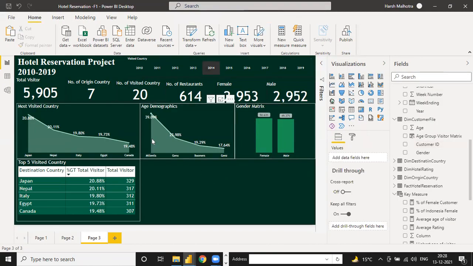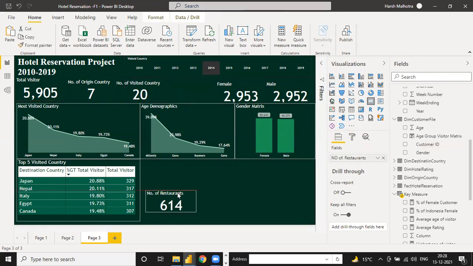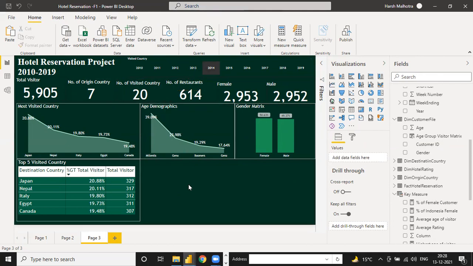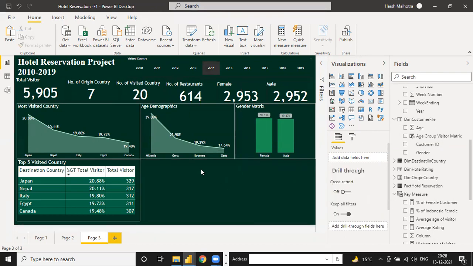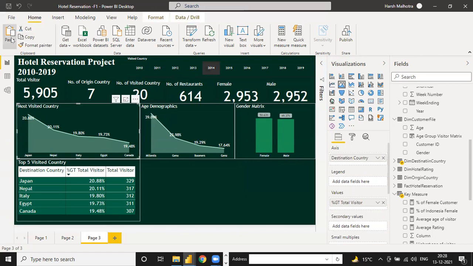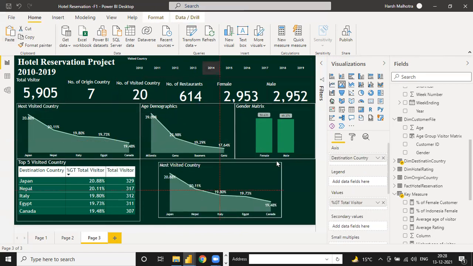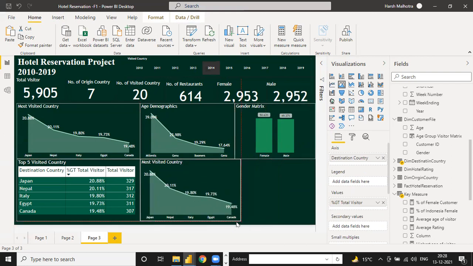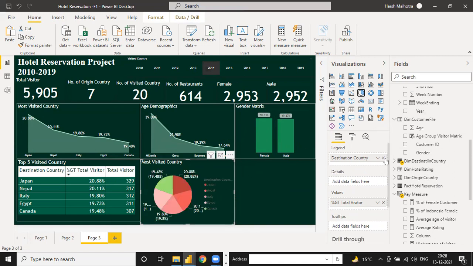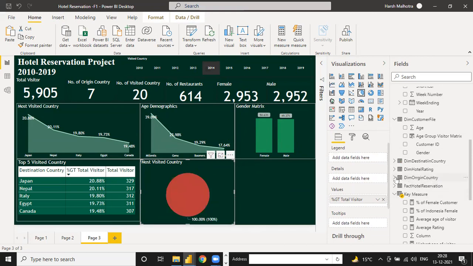So now we have to write, you have to just change it. We have to make one pie chart, and also delete this, just go to this, copy and just paste. You don't need to make a blank chart. If you already have a chart, you can just select it. This time we have to put one on the basis of origin country. Select this pie chart, and instead of destination country, you can put origin country.